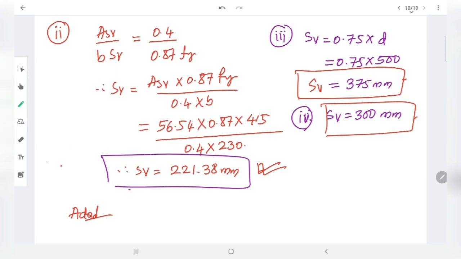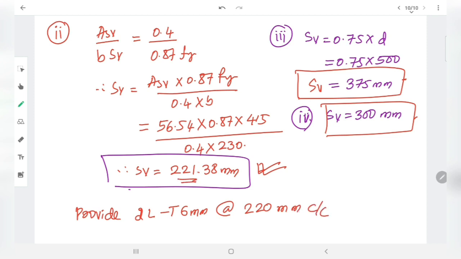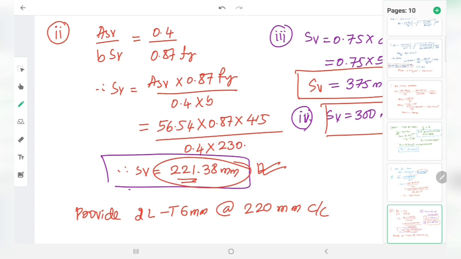Adopt or provide two-legged T6 mm at 220 mm center to center. Always you should take the lesser value than this, the floor value of this one. So this will be the check for shear, and the next step will be